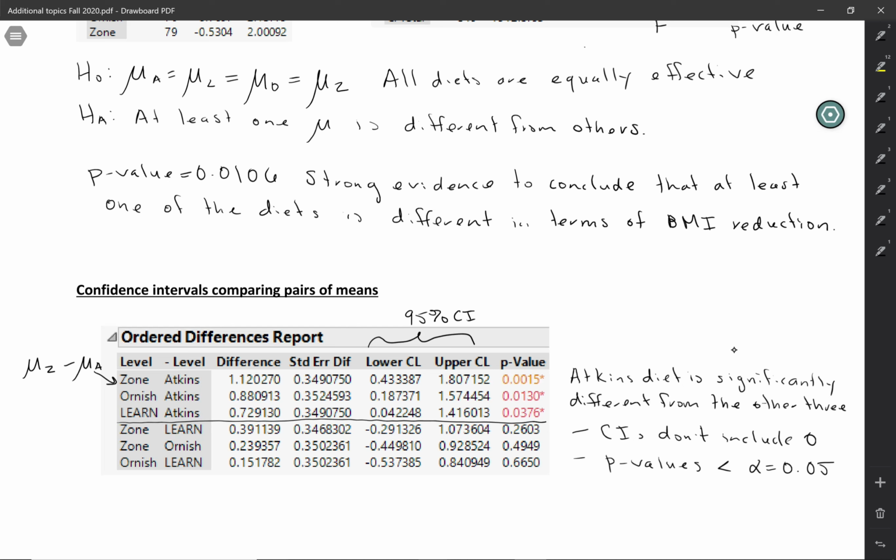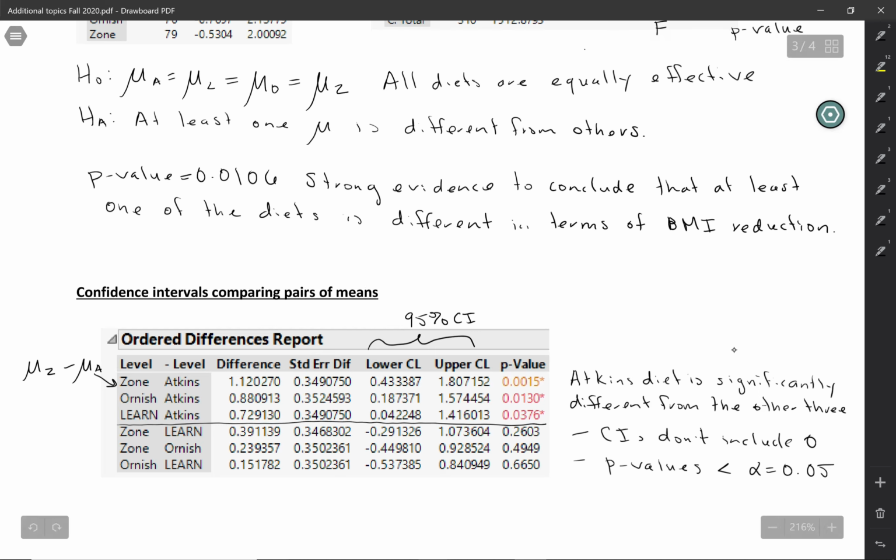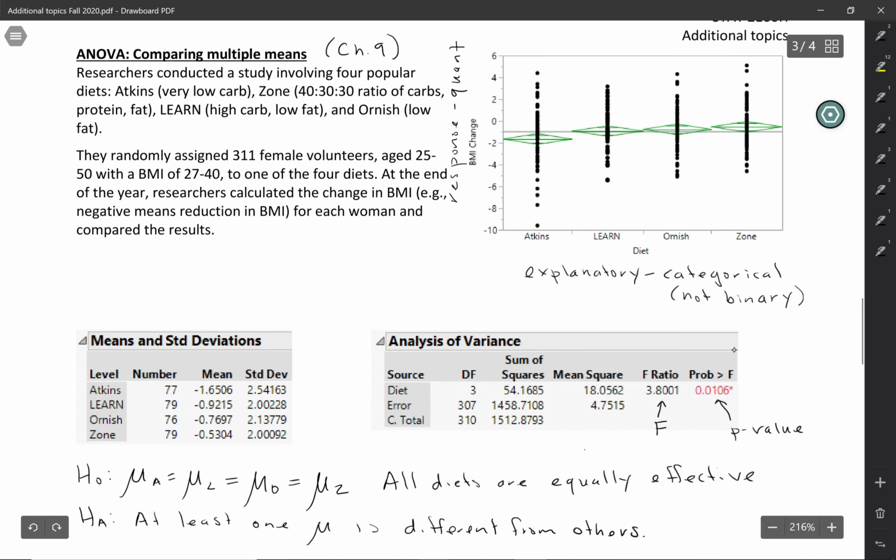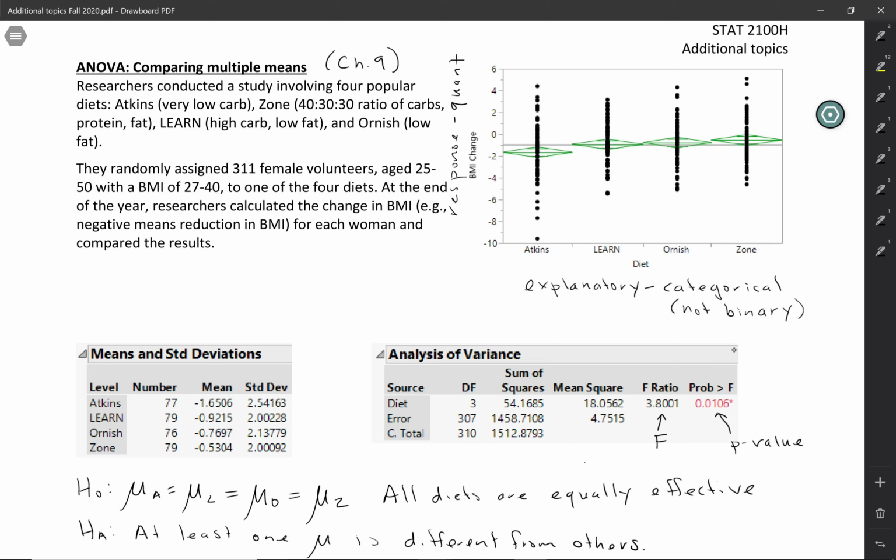And it can be a little bit tricky to figure out the direction here. Honestly, I think instead of working from the ordered differences report, it's really easier just to go back up to the graph or up to the means. So if we look at the means here, we can see that the lowest negative number is for the Atkins diet. And remember, negative numbers mean that there was a reduction in BMI. So the Atkins diet leads to the largest reduction in BMI, and it's significantly different from the other three diets